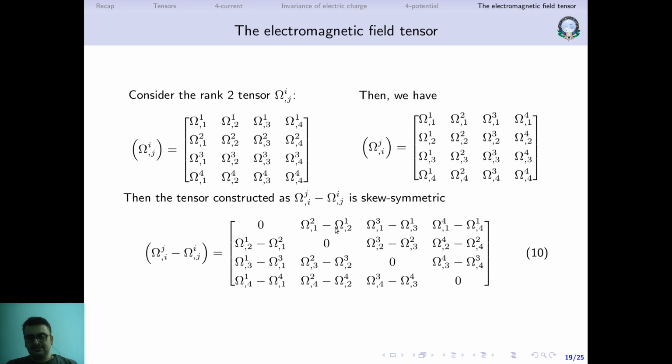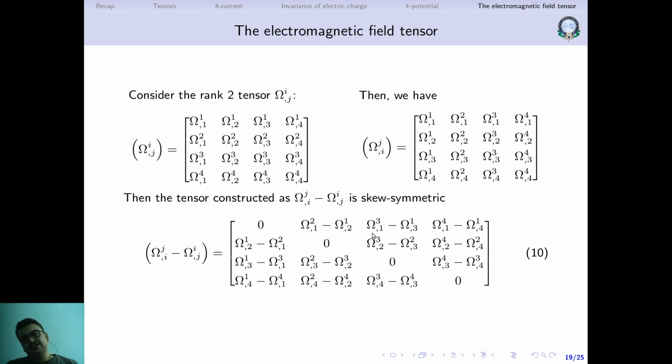So out of 16 minus 4, we are left with the remaining 12 non-zero components. Say for example we take this component: it is omega 2 comma 1 minus omega 1 comma 2. Similarly, here it is omega 1 comma 2 minus omega 2 comma 1. That means these two components are basically negatives of each other. So essentially these two are the same component. They are not unique, not distinct from each other. You can get one component from the other. In other words, they are not linearly independent.